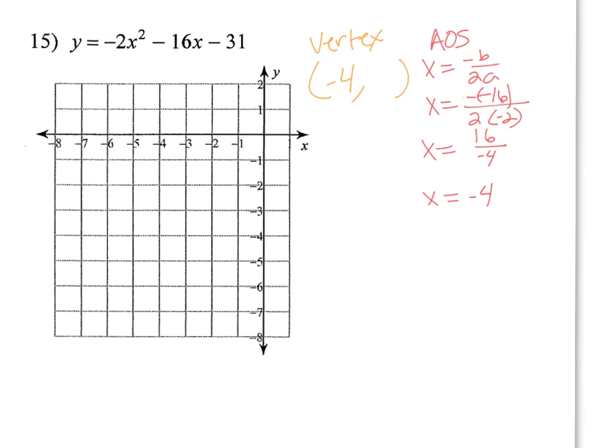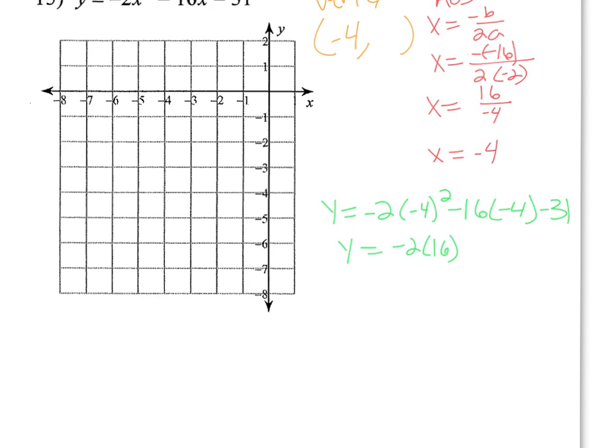And we get that by using the equation you see above and plugging in negative 4. So we have y equals negative 2 times negative 4 squared minus 16 times negative 4 minus 31. So here I have y equals negative 2 times positive 16. And then after that, I'll have